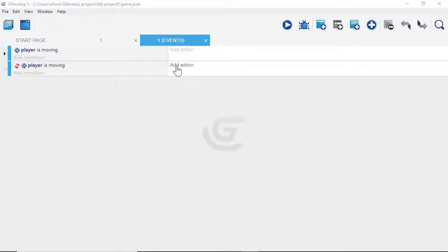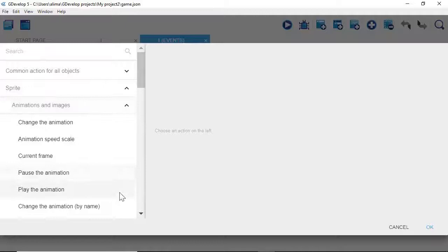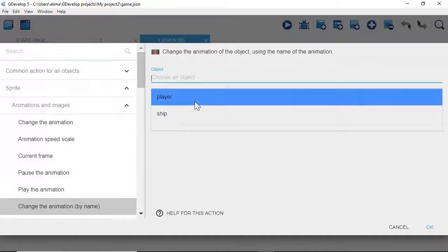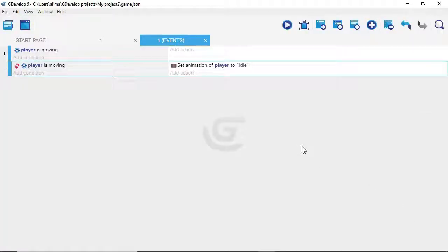So we're going to go to add action. We're going to go to sprite, animations and images. And then we're going to go to change the animation by name. We're going to select player. And then the name of the animation that we want is idle. So because we picked the name, we're going to put in a quotation, type in IDLE, put in another quotation. That's what I meant when I said shift. I was just talking about putting a quotation in. You don't have to hold shift. So I'm going to click OK. Okay, so with that set up, we're going to click